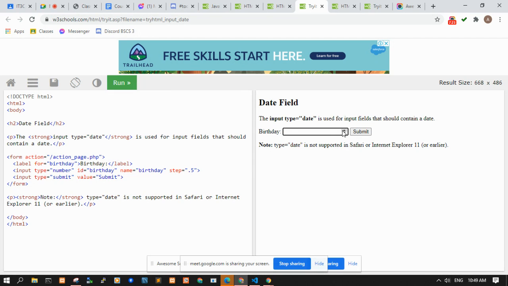So this will validate your input easier, or you want an input type that will only accept email. So what happens if we put just, for example, an email? So ayan, please include an at in the email address.